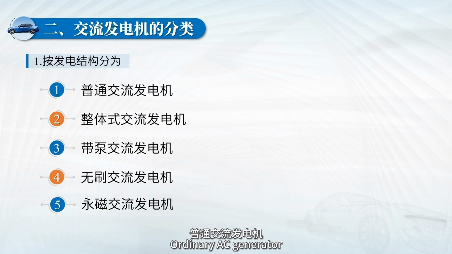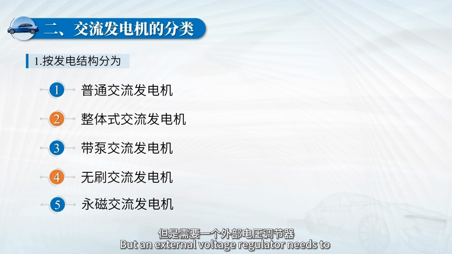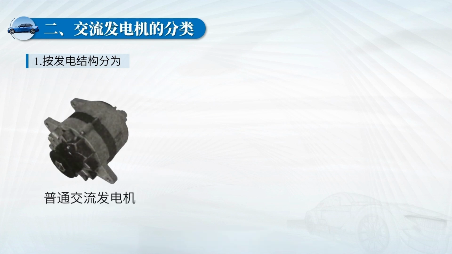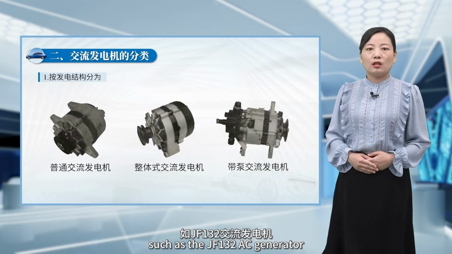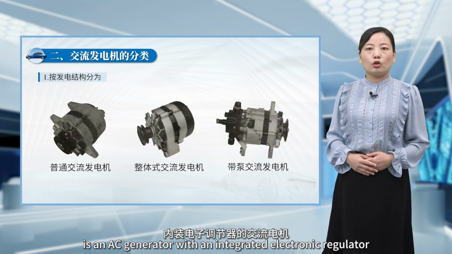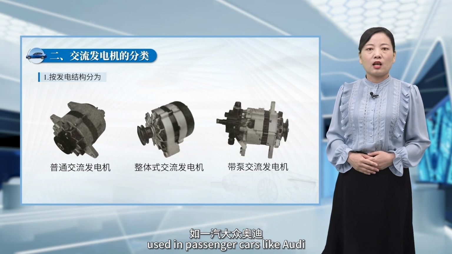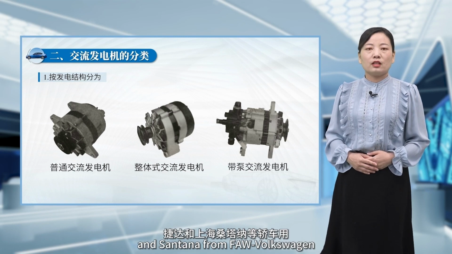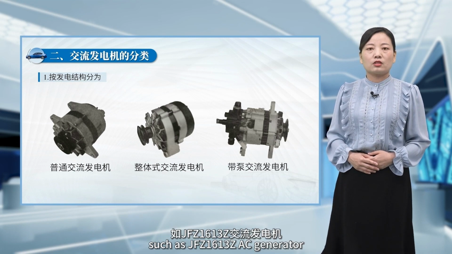Ordinary AC generator doesn't have any special devices, functions, or features, but an external voltage regulator needs to be installed outside the generator for operation, such as the JF132 AC generator. Integral AC generator is an AC generator with an integrated electronic regulator used in passenger cars like Audi, Golf, Jetta, and Santana from Volkswagen, such as